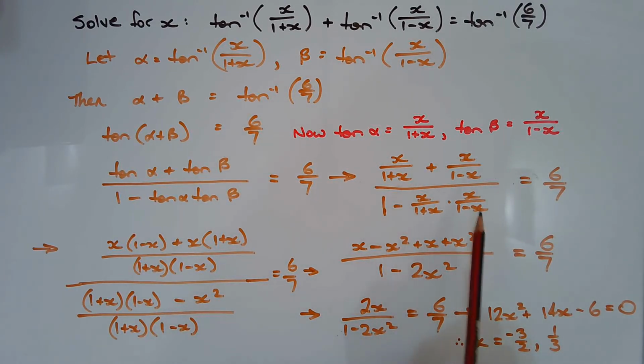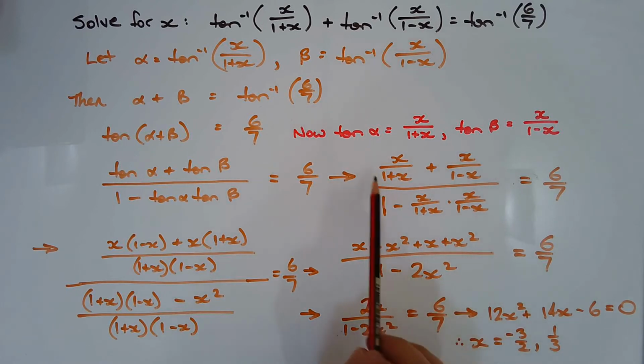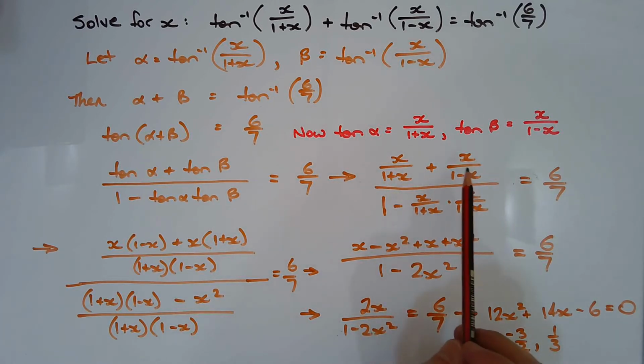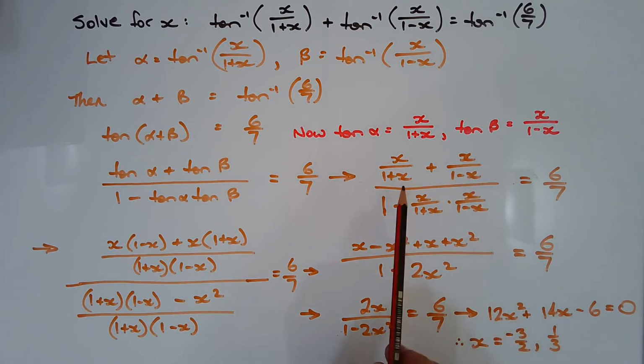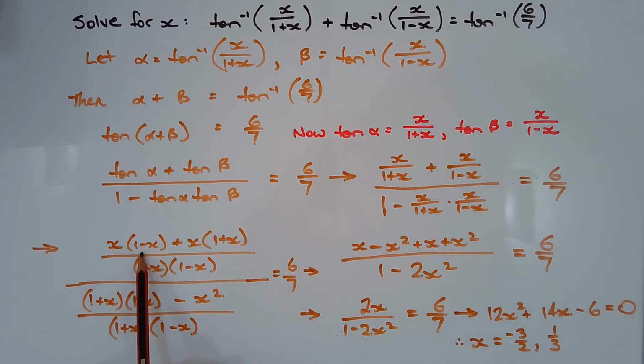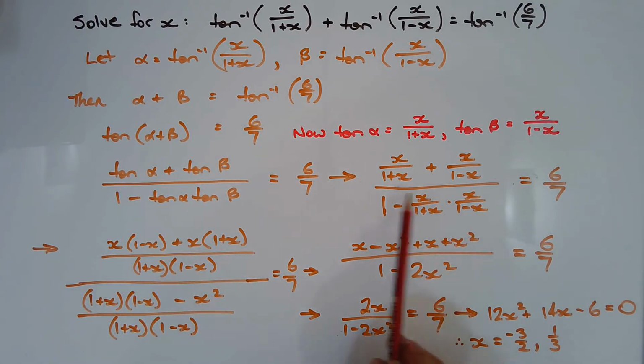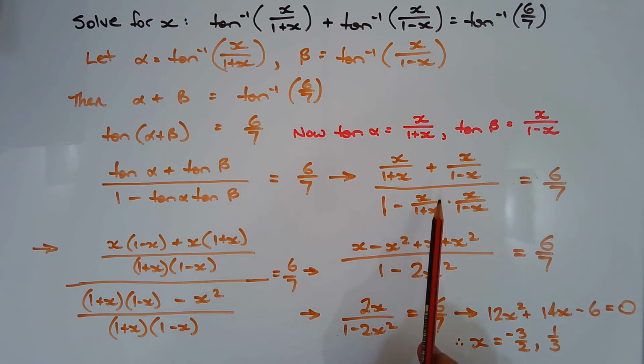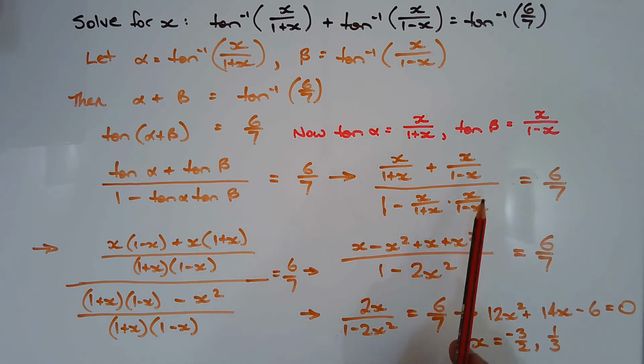If I just express these fractions with a common denominator, I can add the numerators together. So for this numerator here, this is x over 1 plus x over 1 minus x. If I multiply the x by 1 minus x, and multiply the second x here by 1 plus x, I can express it with a common denominator of 1 plus x, 1 minus x, which is 1 minus x squared, of course. All over this denominator here, so that's 1 minus x over 1 plus x times x over 1